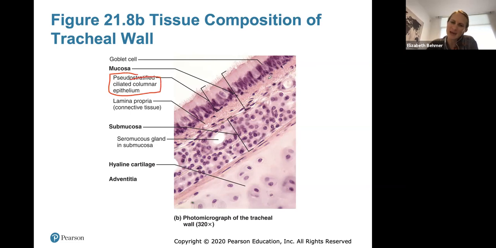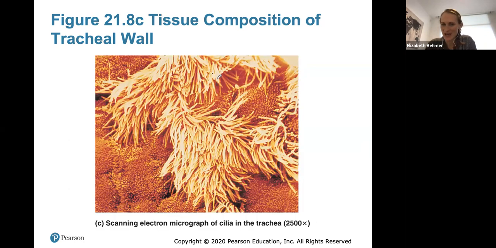You can see, not necessarily here, but you can see some goblet cells. Here's a goblet cell, and that's what secretes mucus to try to trap anything harmful that you might breathe in that gets to your trachea. The cilia kind of wave that mucus along to try to get that out of your trachea. So there is the epithelium of the trachea and the cilia shown in the